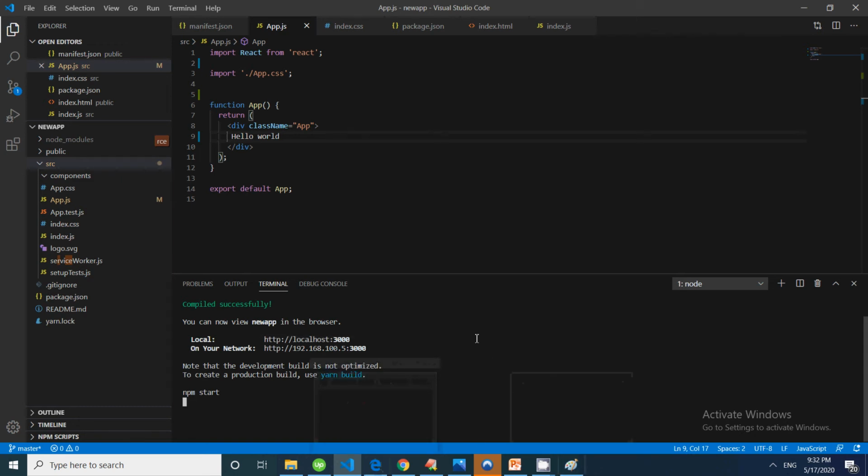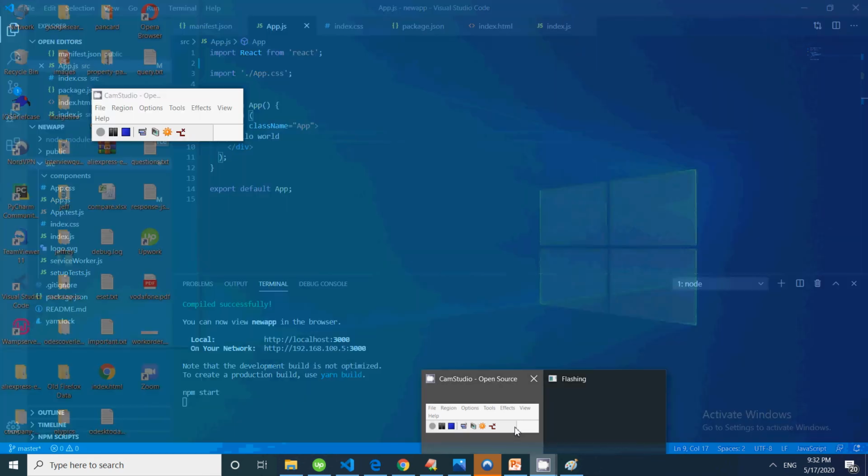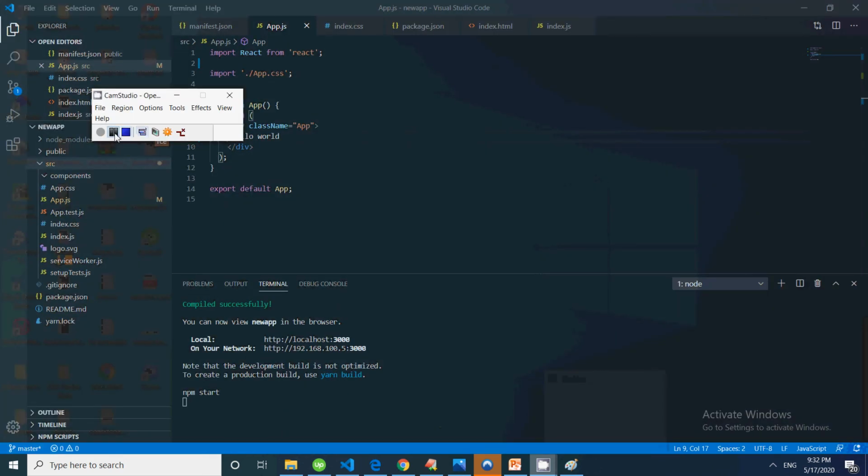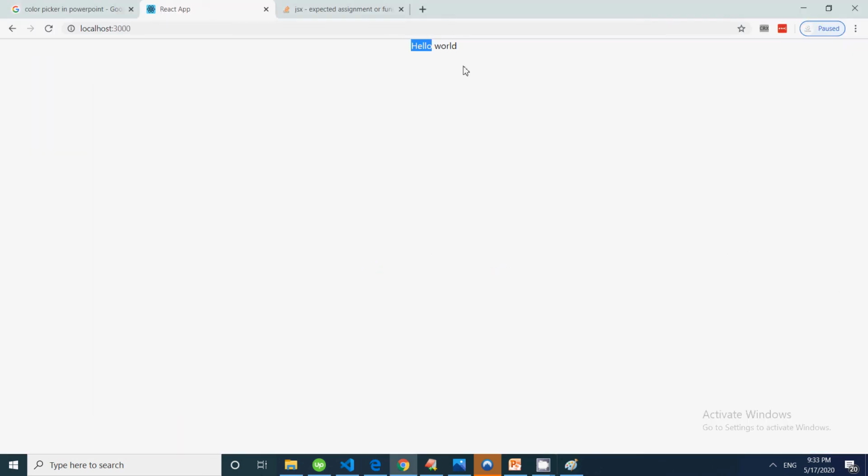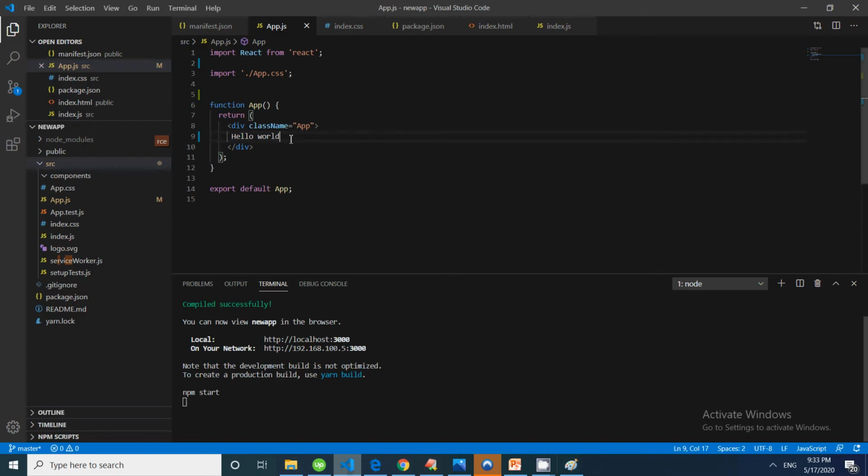Basically the approach of a functional component is very simple. It's a simple functional component, and I just implemented a hello world. If you want to add anything else, simply add it, like this is my testing page, and just save it.